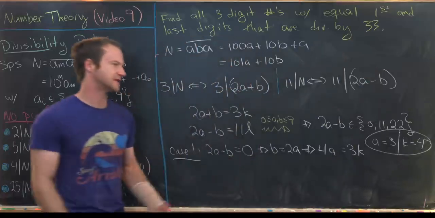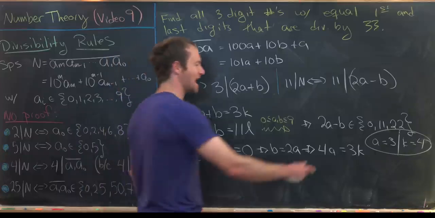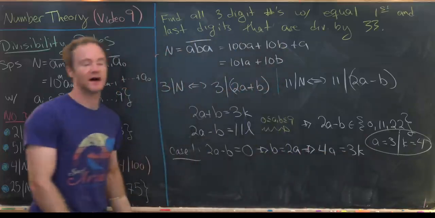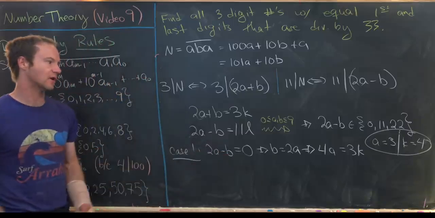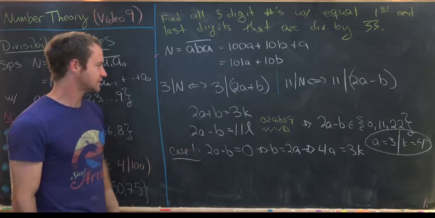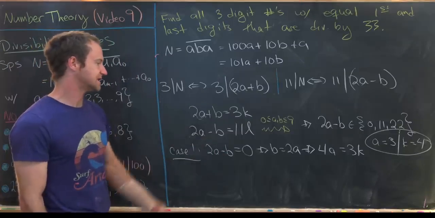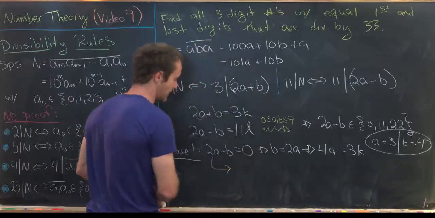Those are the only possibilities if A is between 0 and 9. And that's because if A were equal to 6 or 9, we could not achieve 2A minus B equals 0 with the allowed values for B. So if we've got A is equal to 3, we know B is equal to 2A, so that gives us an answer in this case of